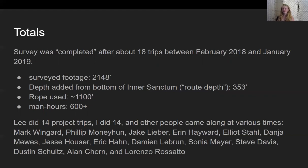And there's about 1,100 feet of static rope in that part of the cave. So we hauled a lot of rope back there over the course of about 600 total man hours. Lee and I each did 14 project trips, many of those together, and then there's a list of other project